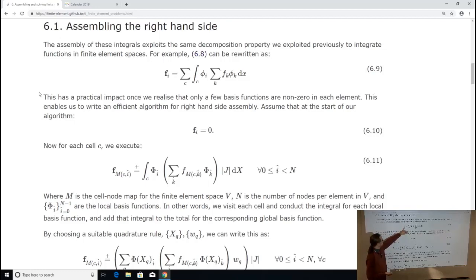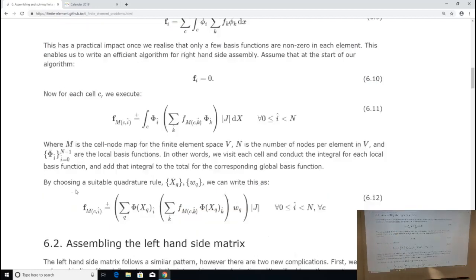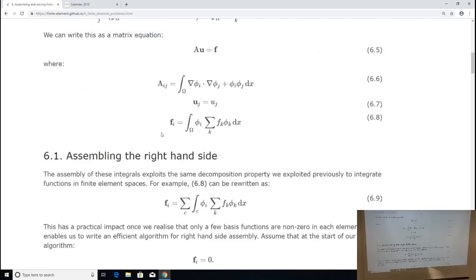And so each entry of fi is, remember, the integral over the whole domain of this. And so we can do the same stunt we talked about last time. You split the domain up into chunks. Integration is a linear operator, so it's just a sum over all of the chunks. And that matters computationally lots,